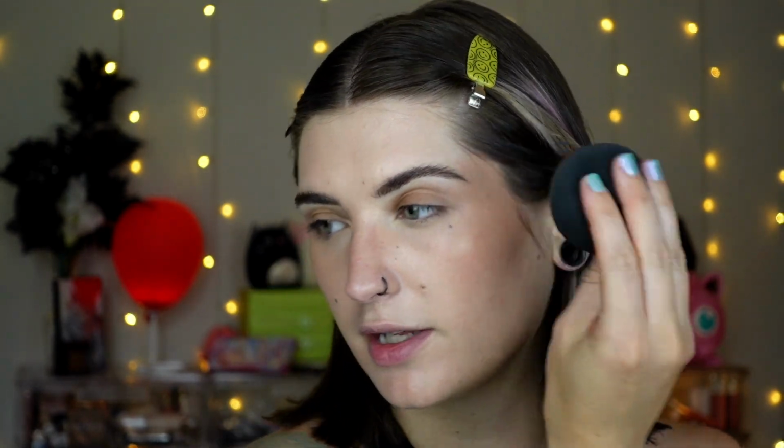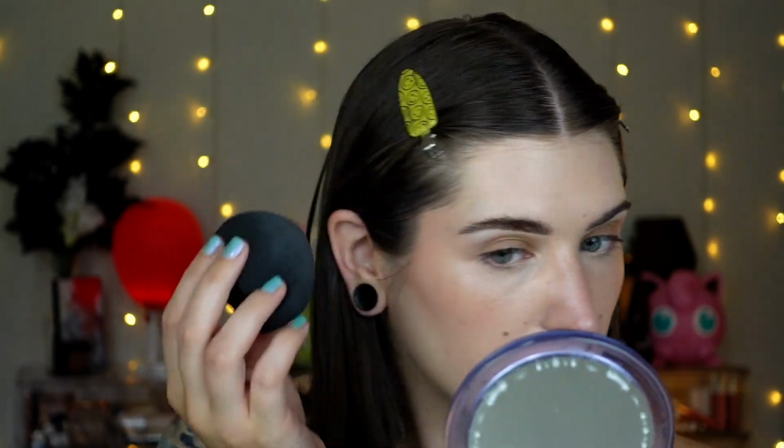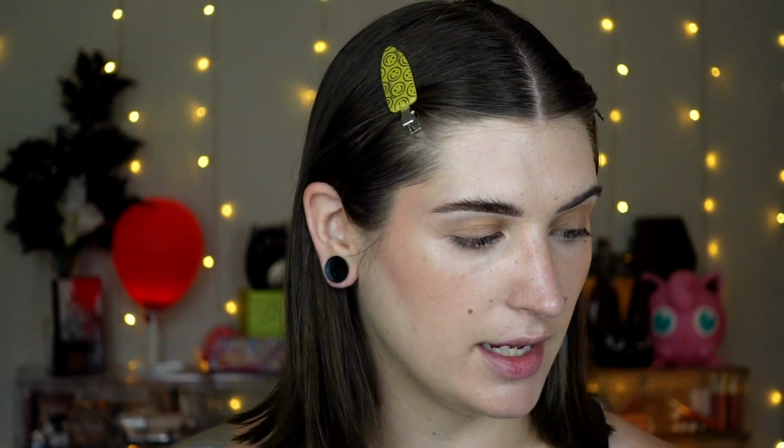Lately with my highlighter, after I've applied it with my brush, I'll dip my sponge in and tap over it again. I feel like it really melts it into the skin. I used to do this a lot actually. This was my go-to way to apply highlighter, and I've been doing it again. This is exactly what I wanted my skin to look like today, honestly. Just bronzy, glowy. I really like that. I'm going to set it now with my ColourPop Pretty Fresh setting spray and we'll move on